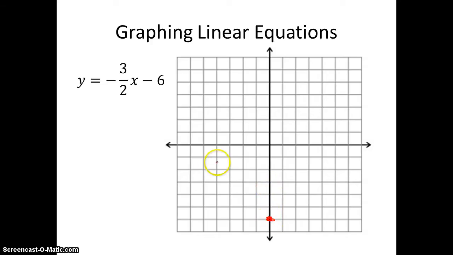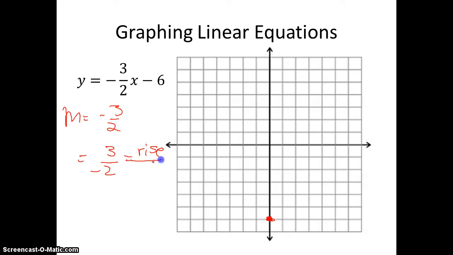Now, our slope is -3 over 2. Now, I cannot obviously go down 3 and over to the right 2 here. I come off my graph. My pen doesn't even go down that far. So my other option is, like I said, look at it as 3 over -2, where we still have our